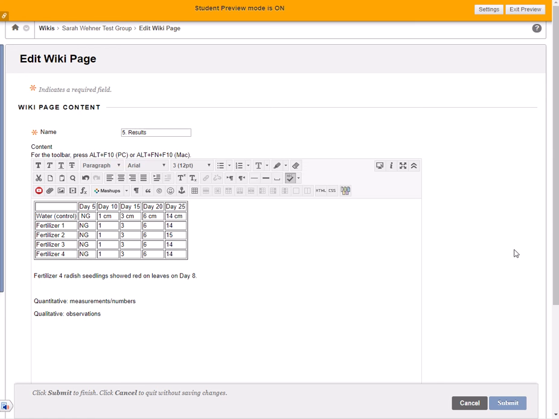If you can't measure it, that's okay, but you need some sort of observation every time you take a look at your plants. If you want to say no change, no change, no change, that's totally fine. But something like this is ideal. When you hit